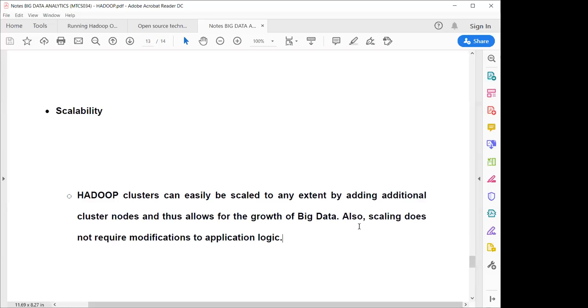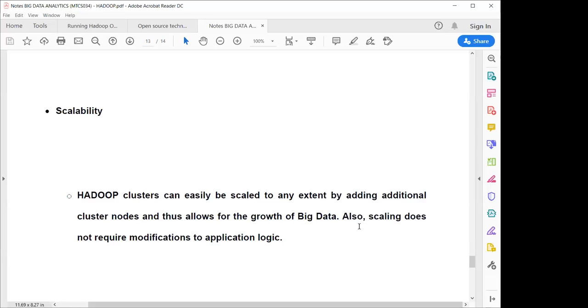The same logic applicable on two systems for 10 users is also applicable for 100 users on 10 systems, 1,000 users on 100 systems, and so on. Hadoop MapReduce does not force you to change your application logic. Application logic should be the same; it should not be your worry.